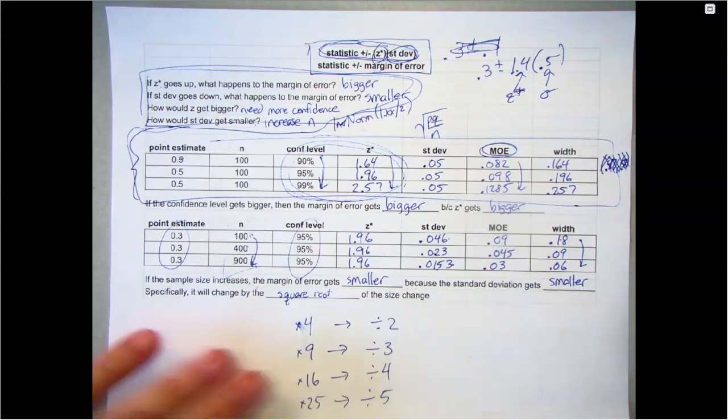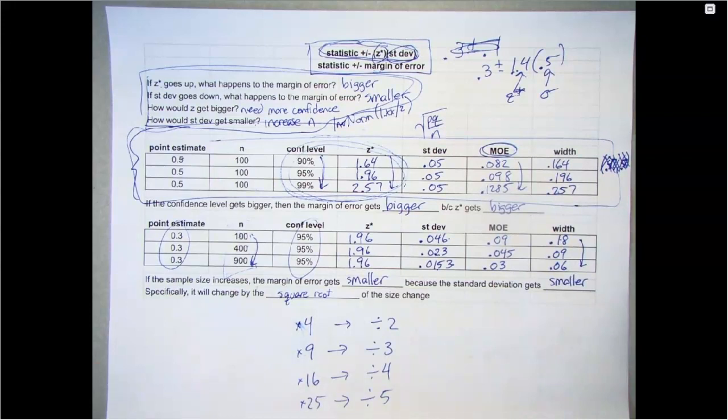We got some time left, so you have basically the rest of today and tomorrow for work time. So again, you can't do the last section of the confidence intervals yet. I mean, you could, but I haven't taught it yet. You have the second part of your notes for 6-1. You have homework